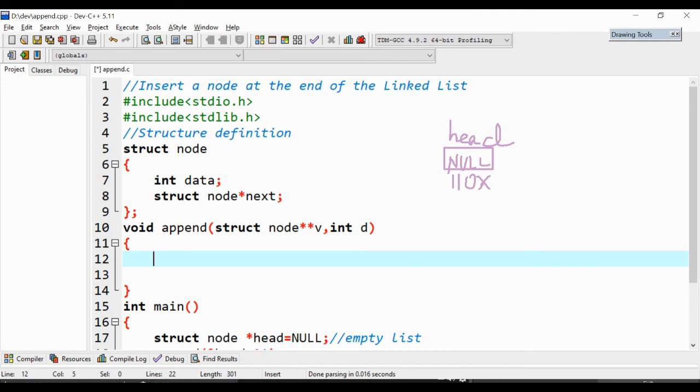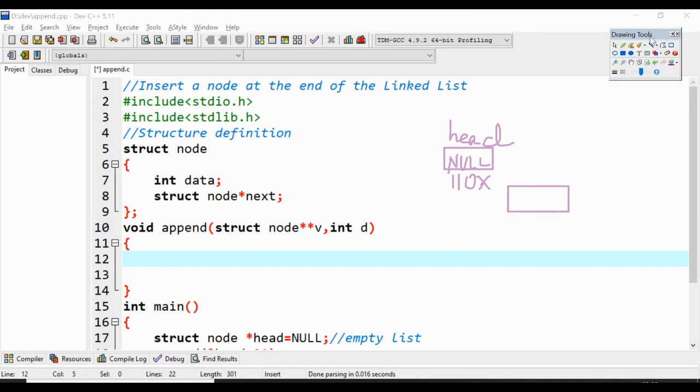Appending is nothing but inserting a node at the end. There may be two cases here. In the first case, as you can see, head is assigned to null, which means your linked list is empty. So in the first case, you are supposed to create a node when the list is empty. We are supposed to assign data and the next part. The data part which is sent from the user side is 21. This is the first and the last node, so the next part will be referring to null.